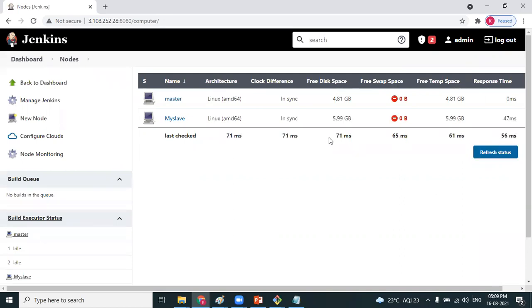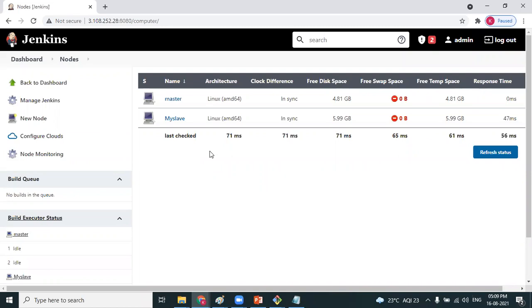Now it should be activated within no time. In case it is not getting activated within 1 or 2 minutes, that means somewhere you have made a mistake. It will not take more than 1 minute. Less than a minute it gets activated. If it is not getting activated, that means you have somewhere made a mistake, Anuj. Okay. Sure. So now both the nodes are active.